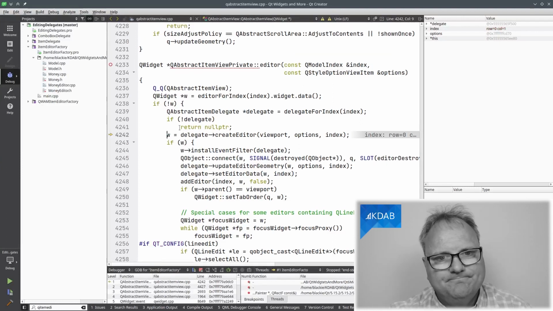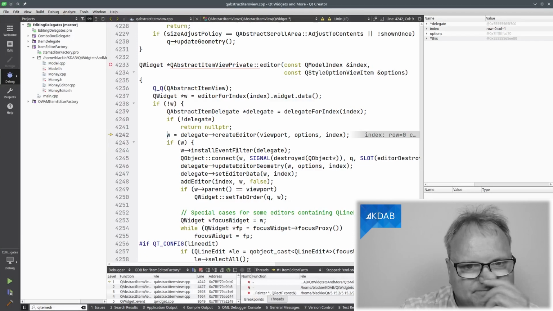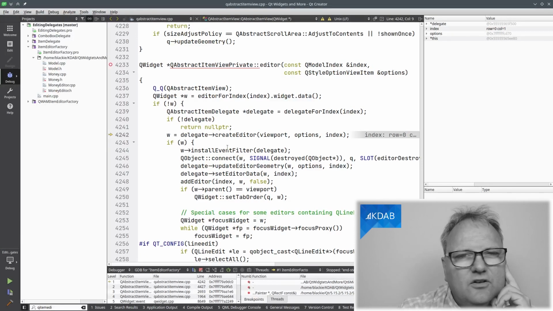And that's not good. So Google to the rescue. Obviously, I wasn't the only one in the whole world that had this problem. And I found the solution to be subclass from the factory and override the create editor method, which fortunately was virtual. And I took it one step further.